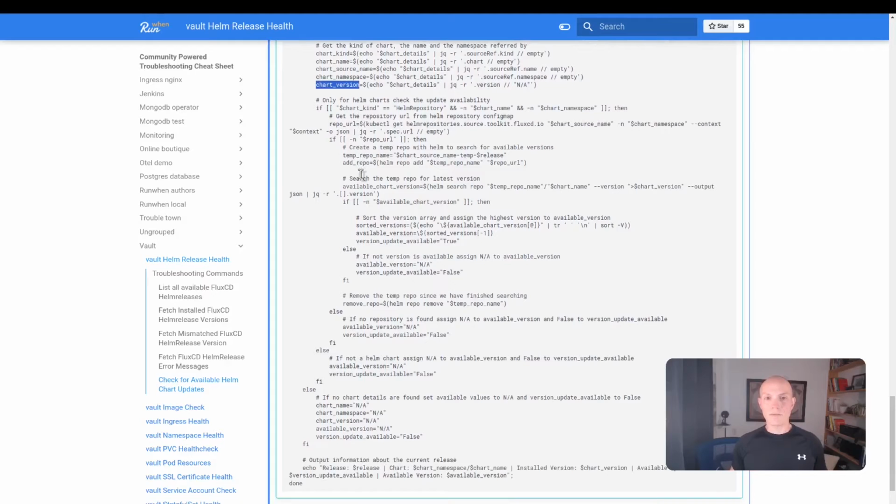Then once we've got that information, we're actually going to go look at the Helm repository object, and we are going to take the URL that it's pulling from. We're going to add it to our own local Helm repository. This is going to allow us to use the Helm CLI locally to add the repo and to search it for the latest version. We then create a variable of all available chart versions inside of that repo, and we